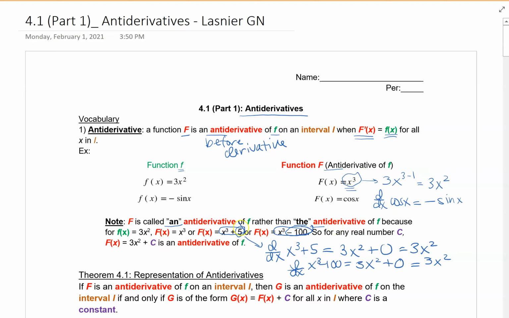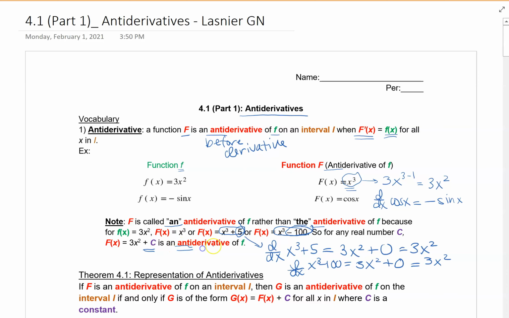The derivative of each of those functions is equal to 3x squared, because whether there's no constant or the constant is different, they all go to 0 when you take the derivative. So we have to remember when we go backward, when we're taking the antiderivative, to add a C, which represents any generic constant at the end of our function, to represent the family of functions, if you will,